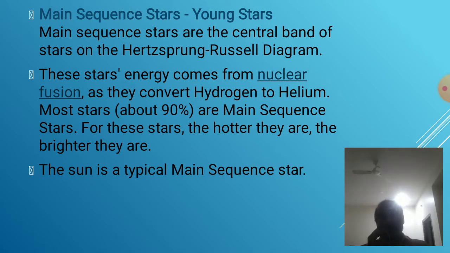The energy generated in a star is due to the nuclear fusion reaction. During the thermonuclear fusion reaction in our sun, every second 760 tons of hydrogen is converted into helium. During this reaction, an enormous amount of heat energy and light energy is released. The sun is a typical main sequence star.